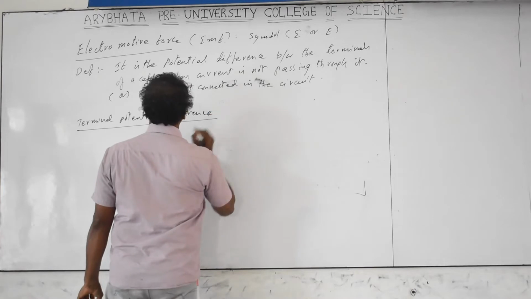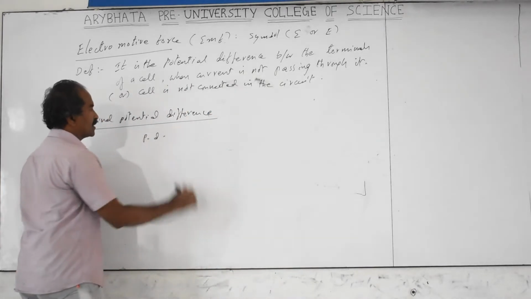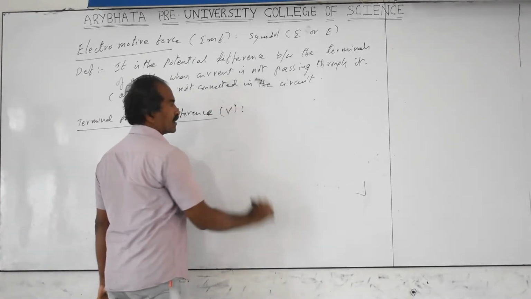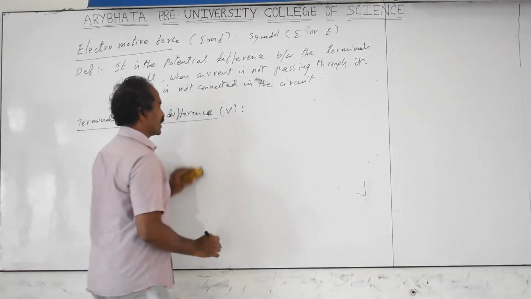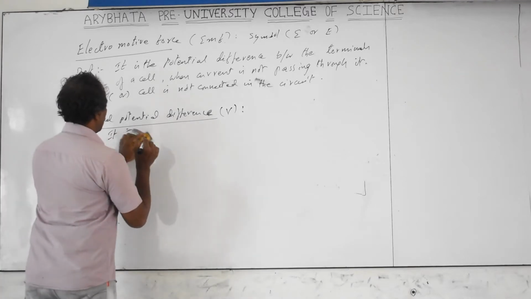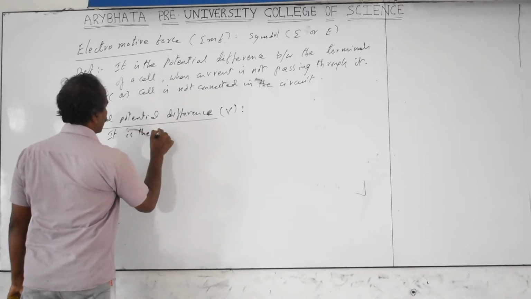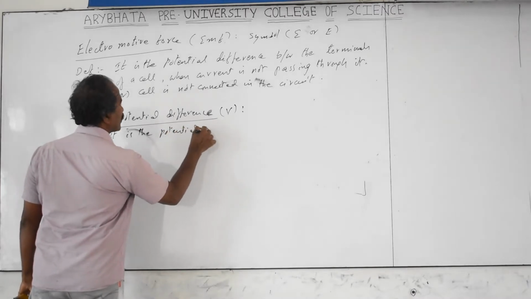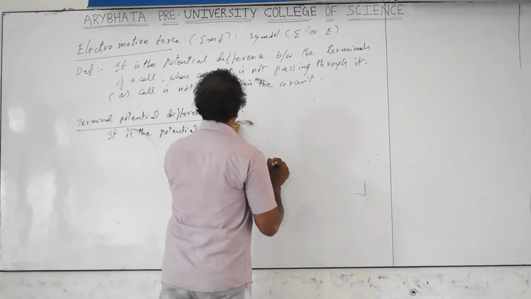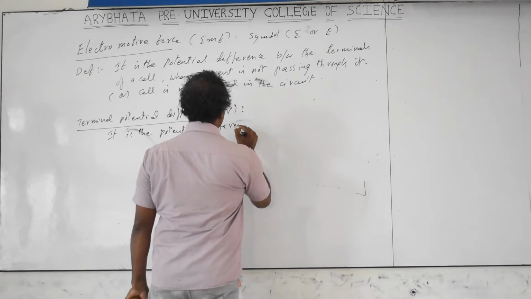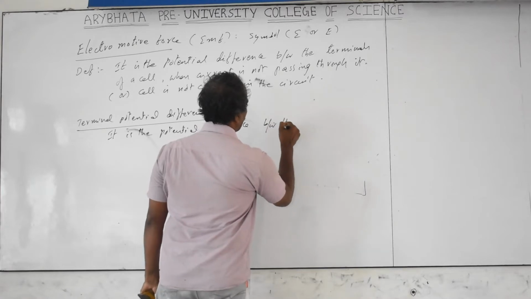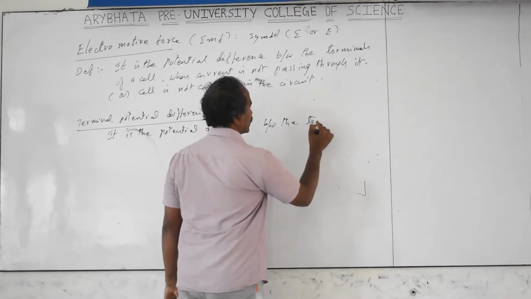Terminal potential difference, shortly called P.D., potential difference. The symbol we will take is V. The terminal potential difference symbol is V. It is the potential difference between the terminals, or electrodes, of a cell